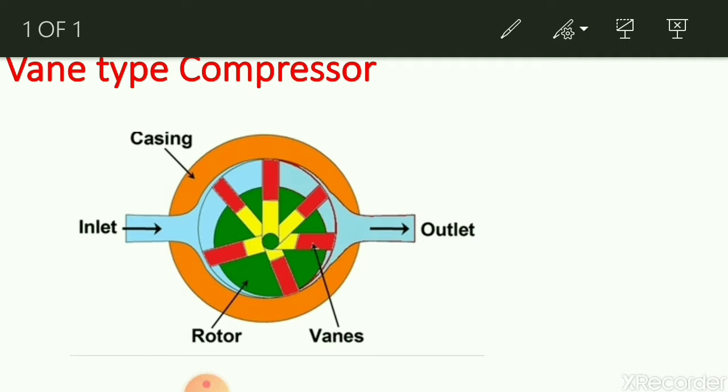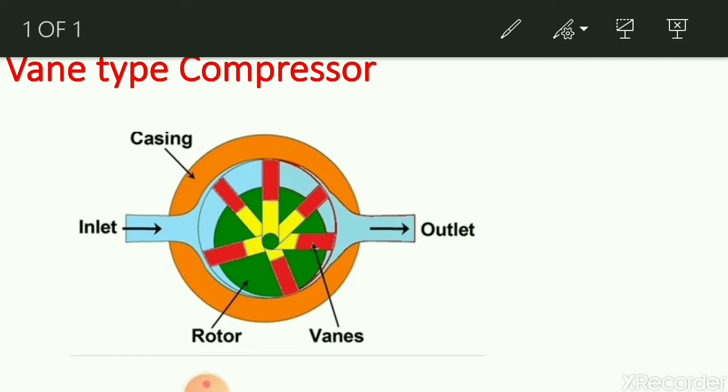In the previous lecture we went through the working of the lobe type compressor, where two or three lobes are there, and when the air is trapped in between the two lobes it gets compressed, and then that compressed air is stored in the receiver. Okay, so in this vane type compressor, instead of lobes we have a vane type arrangement with the spring and